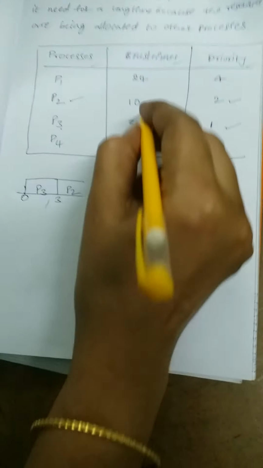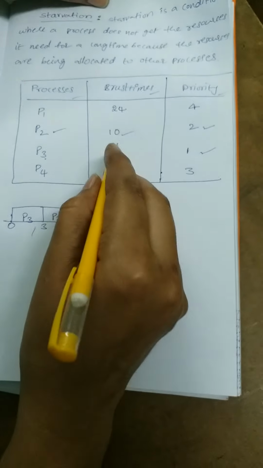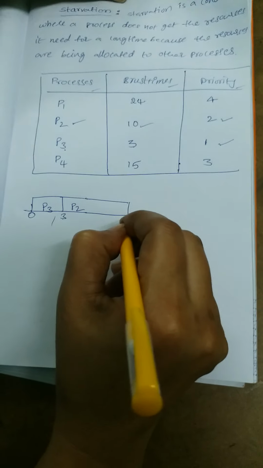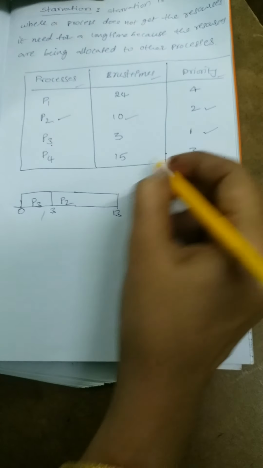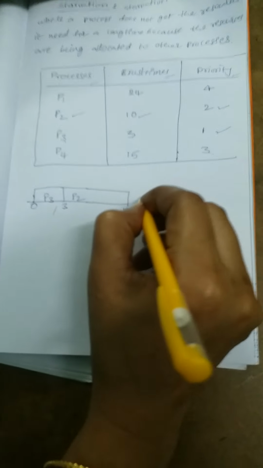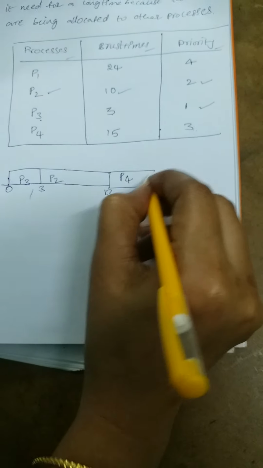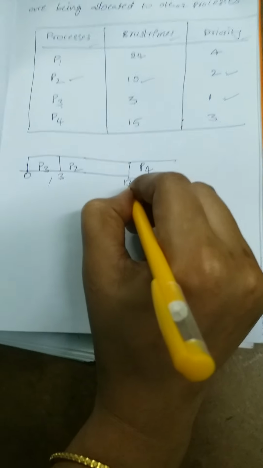Here we can see process P2, its burst time is 10. So 10 plus 3 equals 13, and the next priority goes to process P4, and its burst time is 15. So 15 plus 13 equals 28,